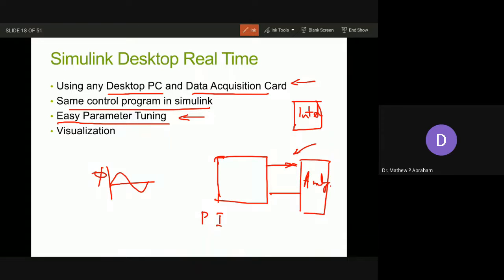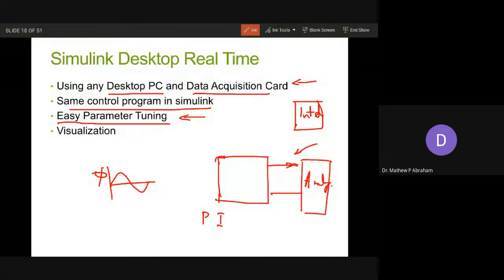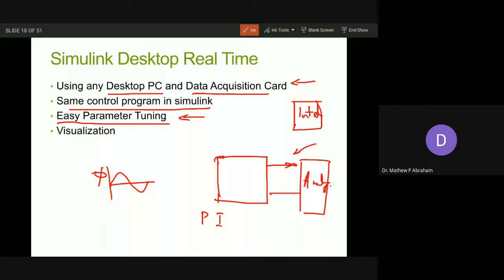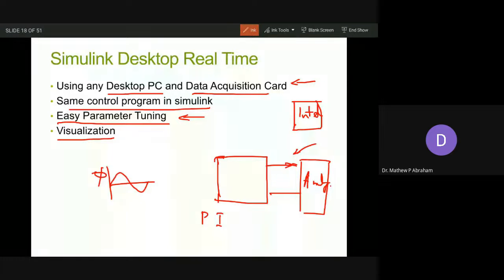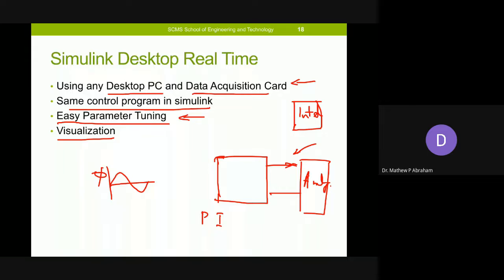But if we have a flux line in our MATLAB program, we just need to connect a scope block in MATLAB and see what the shape of flux is there, right? So in order to visualize measurable as well as non-measurable parameters, it is possible using this real-time desktop environment. So during the experimentation phase, this is the ideal tool.